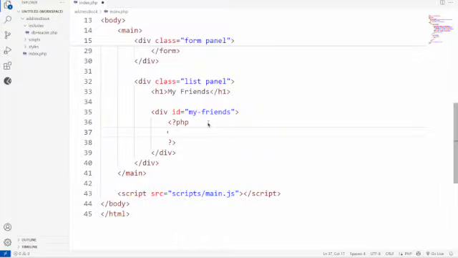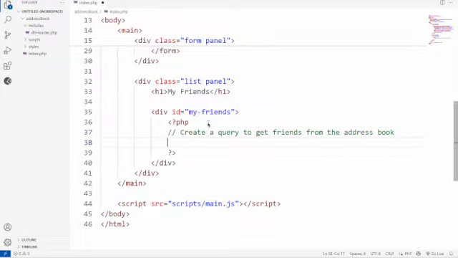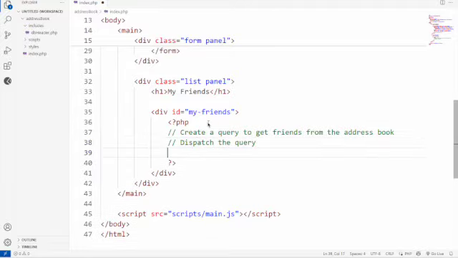Okay, so we're in PHP, we're already connected to our database. And so what we need to do is create a query, get friends from the address book. Once we've done that, we're going to send that query across, execute that query. I like the word dispatch the query to the server. And then we're going to